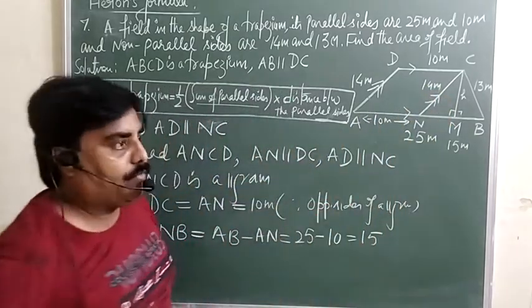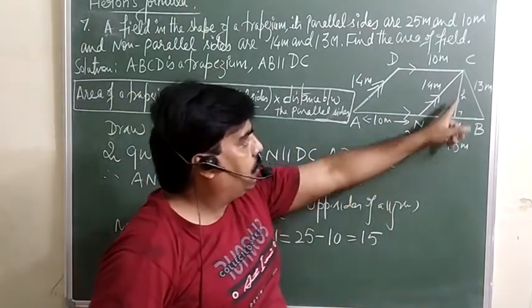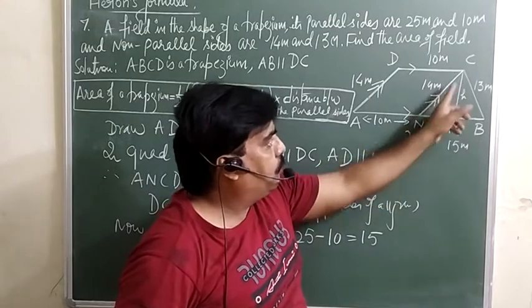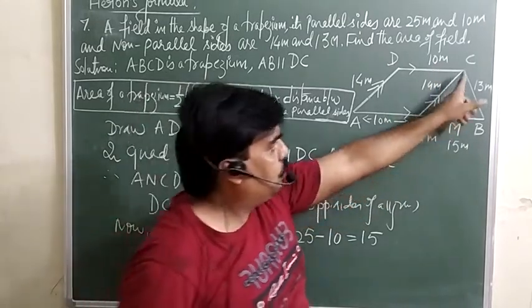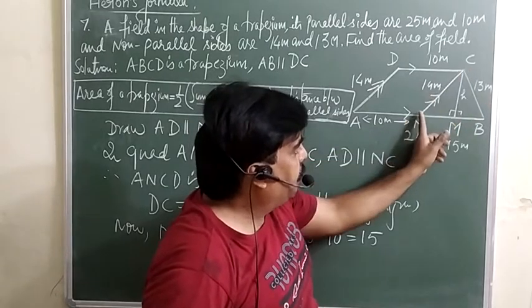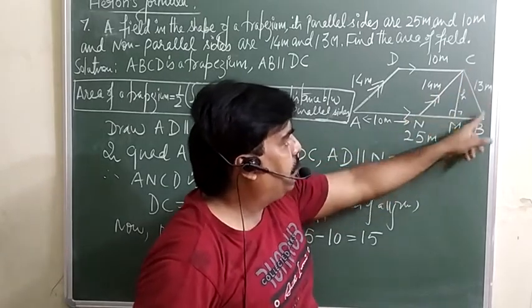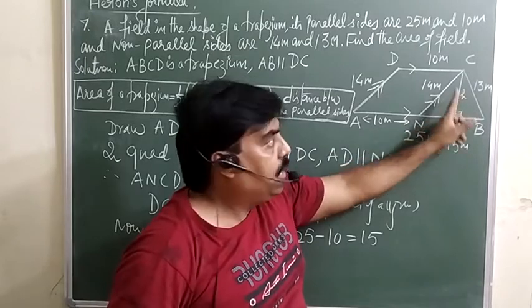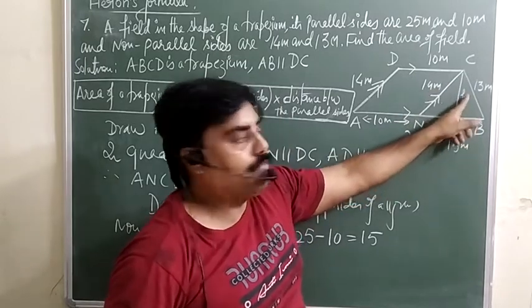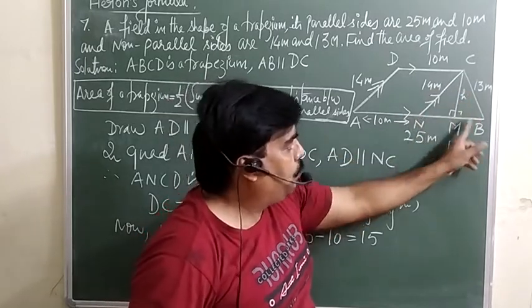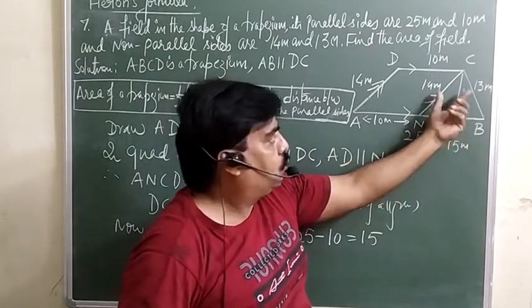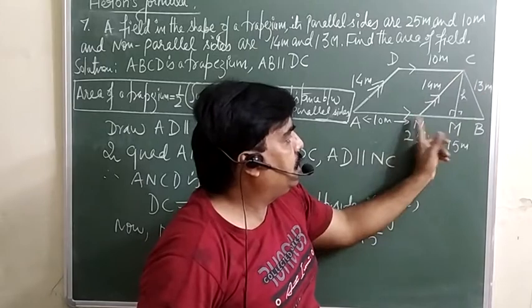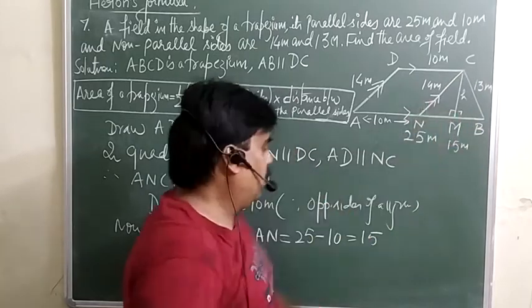Actually, why are we doing this? Because we are interested to find the height of this, meaning the distance between these parallel sides. So what we will do, we are supposed to find the area of this triangle first, C and B. First we will find it by Heron's formula, then we will use the general formula, 1/2 base into corresponding altitude. So you can find out the height. So first of all, you have to find the area of this triangle C and B by Heron's formula.